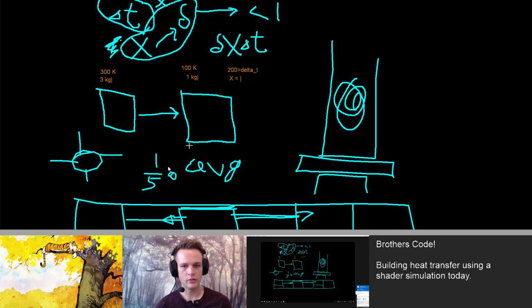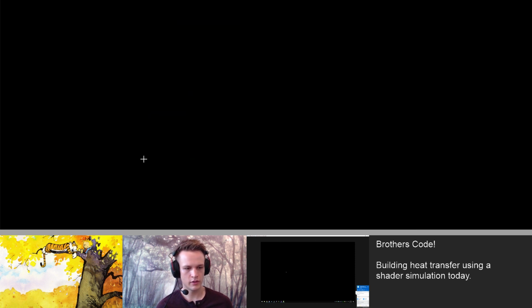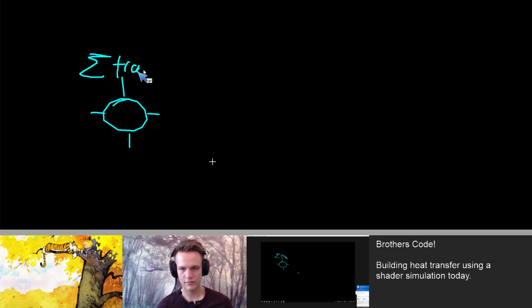So what we need to do is take the sum of the transfers. Man, it's really hard to write with this thing because it's writing with lag. Okay, so we take the sum of the transfers, so that's the total transfers. We're just gonna call that, let's say T, and then sorry, the sum of the transfer capacity, because what I'm saying is with flow,